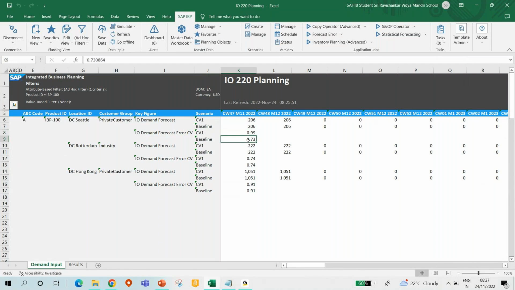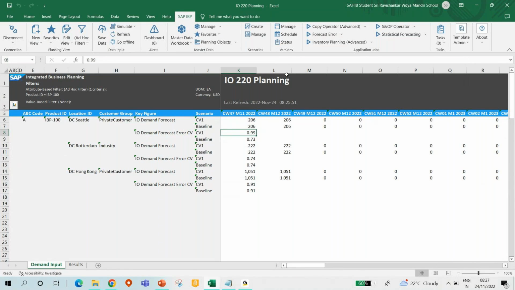So that's the objective: I do not want to change the baseline, and then see the impact and then change it back. So what I've done is I've created a scenario, which will help me decide whether to go for it or not. So let me now execute